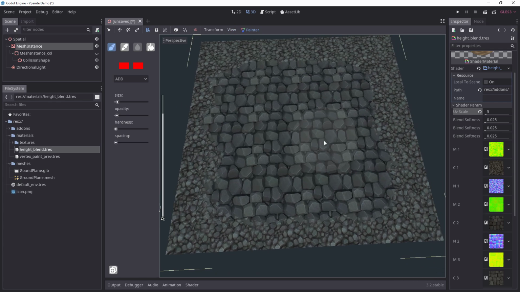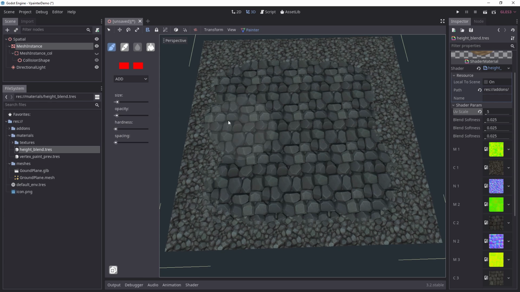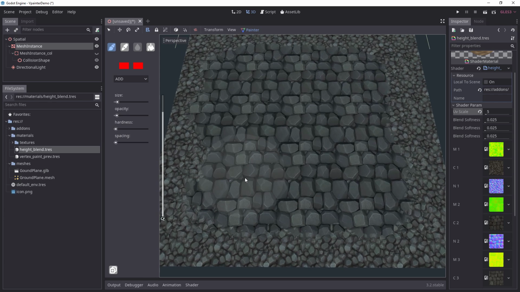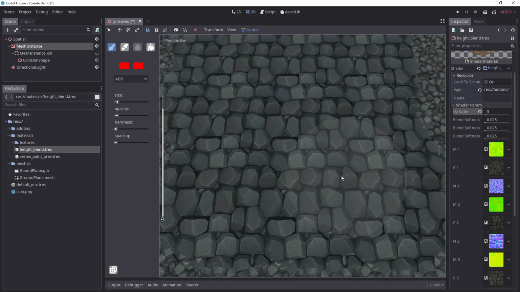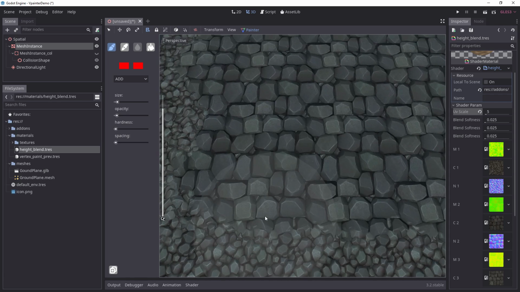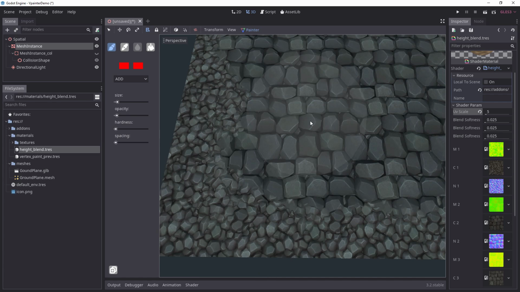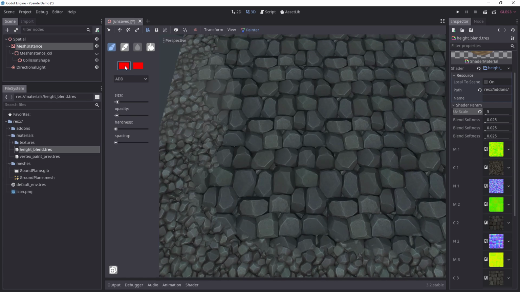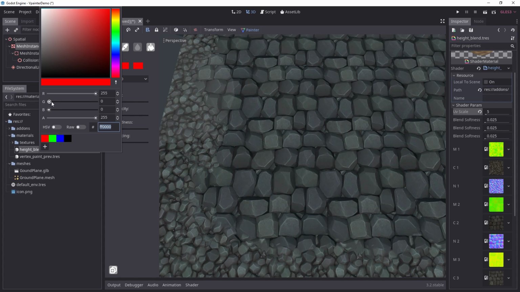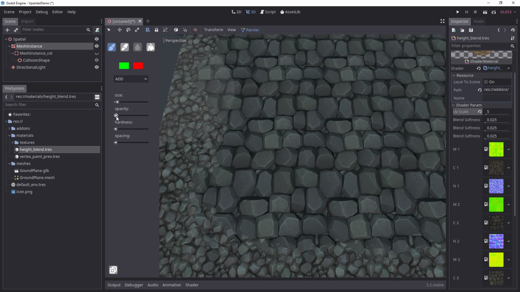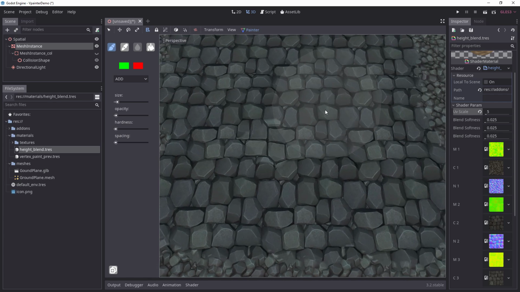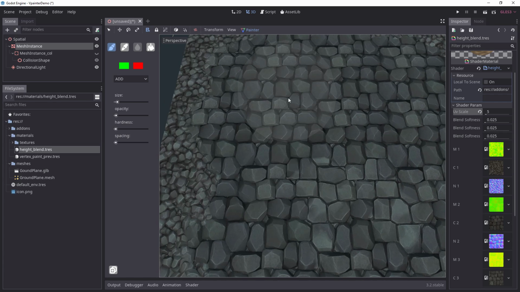In that case, we can see better what we're doing. So we painted a bit of these rocks, and as you can see, they're blending nicely between each other based on the height map. And let's say that we want to add a little bit of the green channel, lower the opacity even more, and you can see here we're starting to have the newer bricks that are slowly appearing,